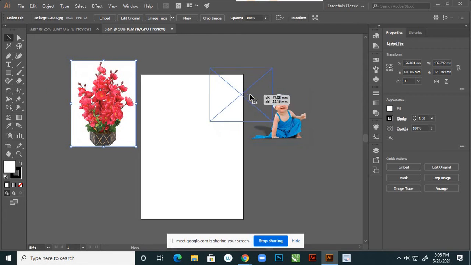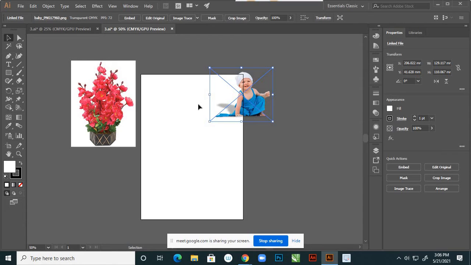The benefit is, when you work with many images, if you use more than 5 or 10 images, maybe your Illustrator program sometimes cannot respond because of so many images.